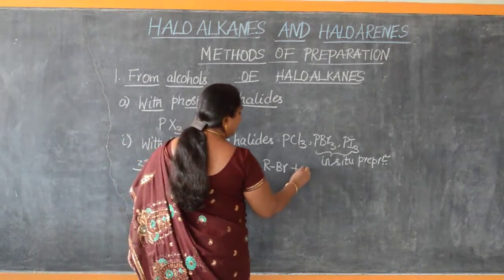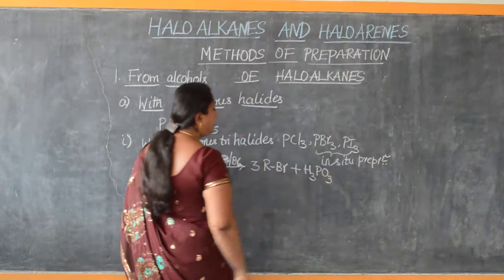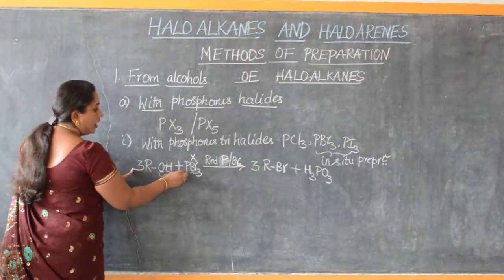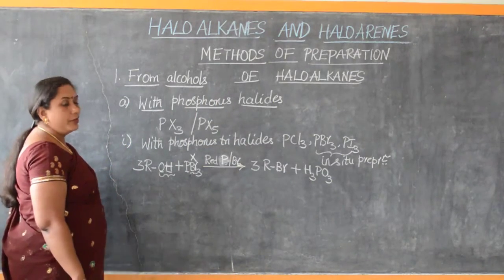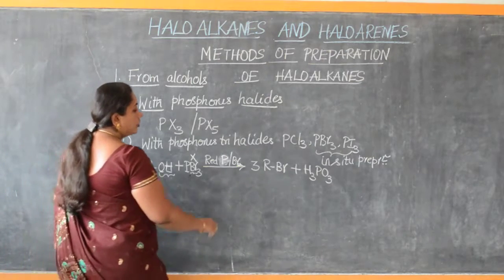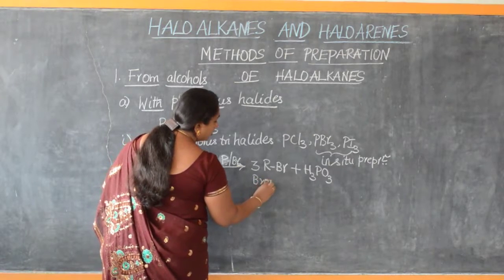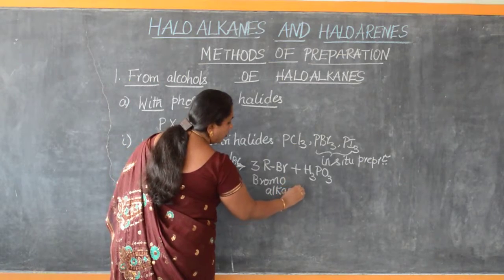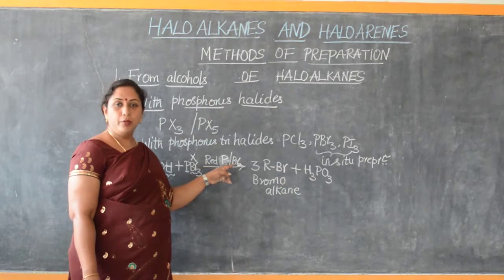Then we will end up in the formation of 3 molecules of bromoalkane. Along with this, we also land up in the formation of H3PO3. How did we get this? Now look at this, there are 3 O and 3 H and then only 1 P. So all of them combined together and they result in the formation of H3PO3, which is phosphorus acid. So what is the product we got by this reaction? Bromoalkane. We landed up in the formation of bromoalkane because we treated red phosphorus with bromine.